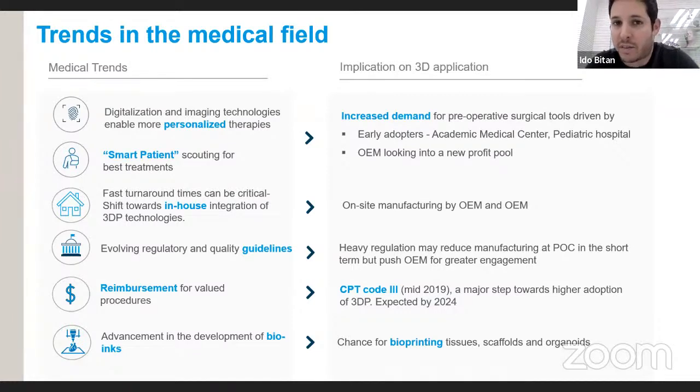Another thing that we see, and we discussed it briefly before the webinar started, is the evolution in regulatory guidelines. The regulatory guidelines were unclear. I can say that the regulatory bodies were kind of missing the point where the technology entered the hospital, and now they're starting to ramp up and to keep up the pace, starting to see that it is already there and giving some, I would say not strictly strict, protocols, but they are starting to give attention to that and give guidelines, and that is something that is influencing